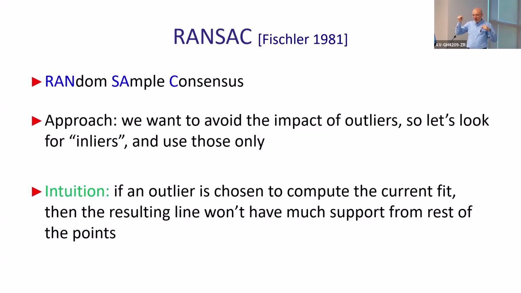Because if you picked the wrong point and you passed a line through that point, and 2 points define a line, right? So you can pass a line through these points, you will not have that many inliers to that particular line. So this is exactly the idea. Try a few configurations of pairs of points and pick the one which has the most inliers, which means that the points that you have chosen are